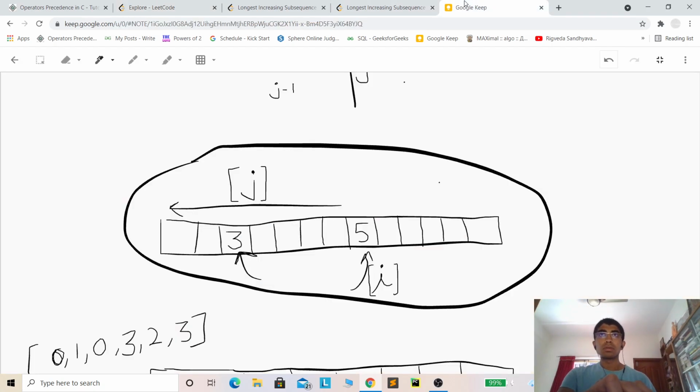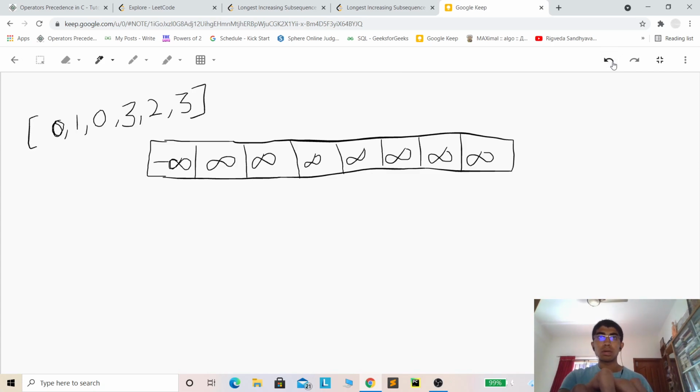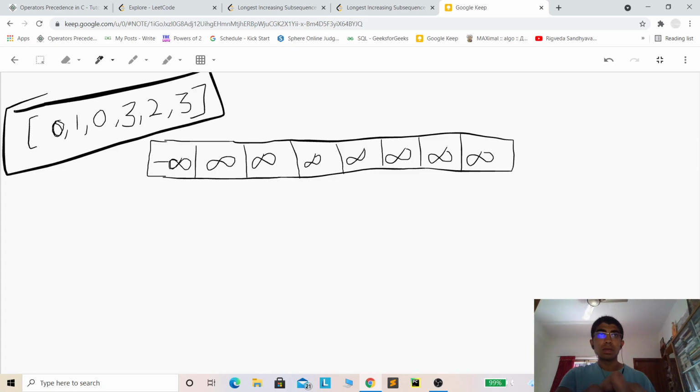So this is the initial array we have. Very large value means infinity, very small value means negative infinity, and suppose this is the input array we have. So we are trying to place all the elements in their respective positions in the sorted order.